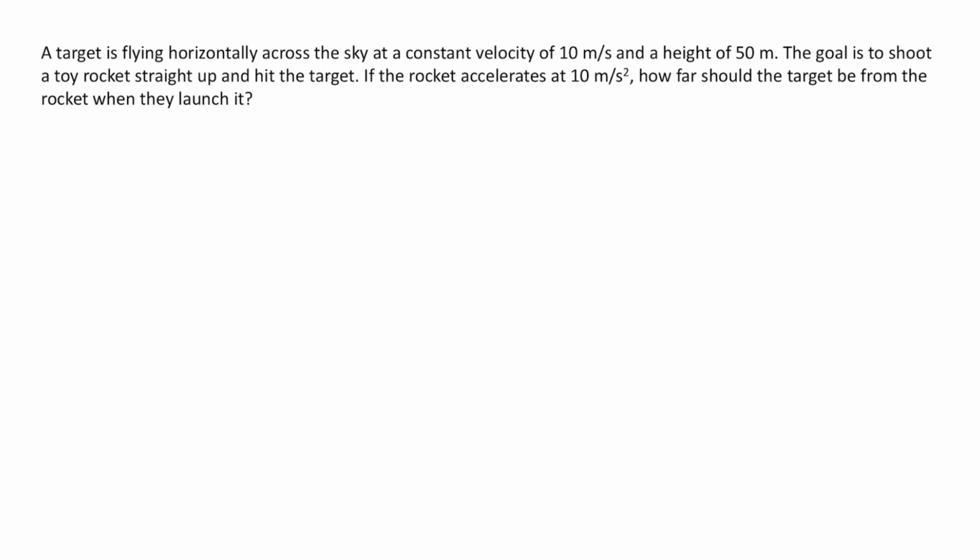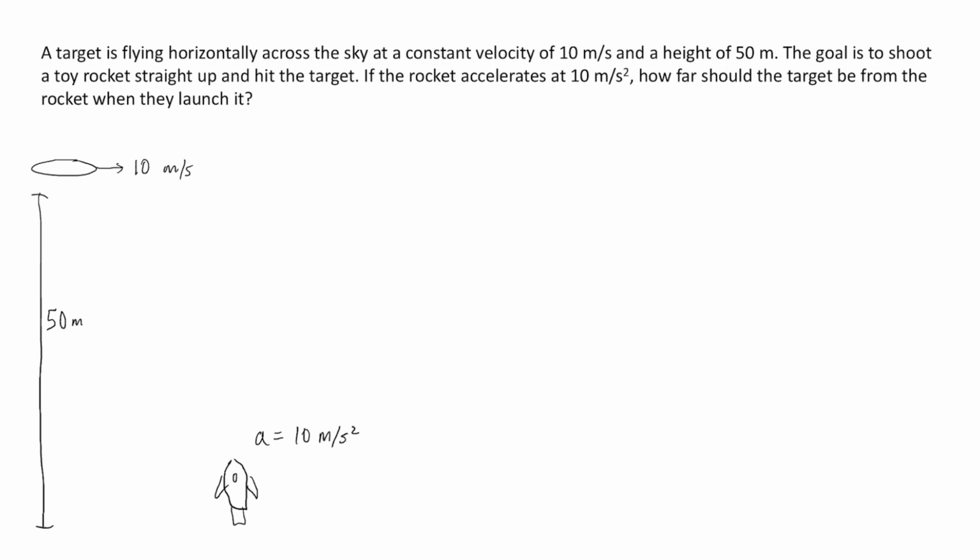So in this question, we have a target that is flying horizontally across the sky with a constant velocity of 10 meters per second. And we know the target is 50 meters above the ground. We also have a toy rocket, which can accelerate at 10 meters per second squared. And what we want to do is launch this toy rocket straight into the sky so that it hits the